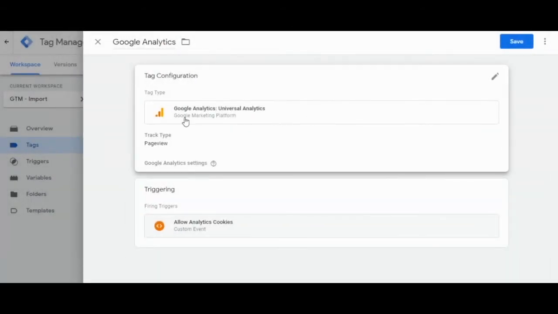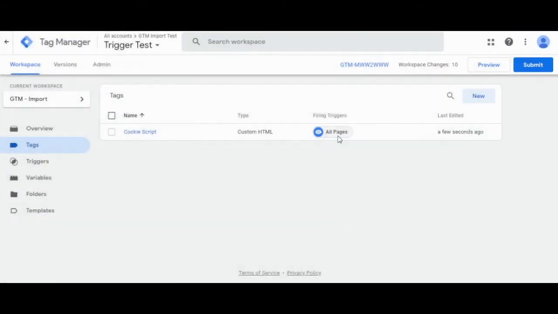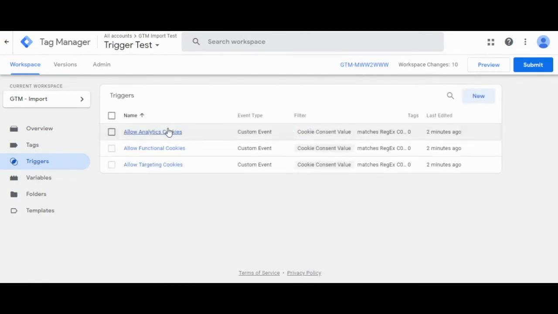Cool. So back to triggers. So essentially, what I will do is I will use my 3 triggers. Any script, any tag that you want to fire, they will be under these 3 categories. One would be allow analytics, some would be in functional, some would be in targeting categories. So let's say all your pixels will be basically targeting cookies. All your scripts like Google Analytics would be under analytics, and any other HubSpot related cookies might be, let's say,